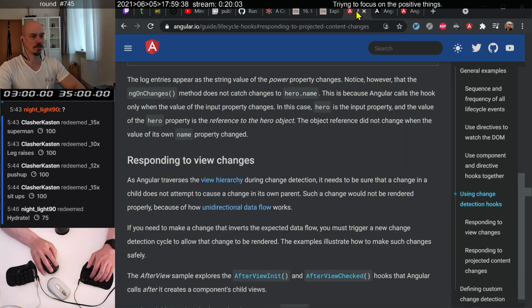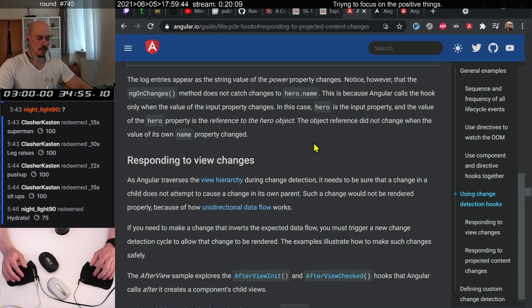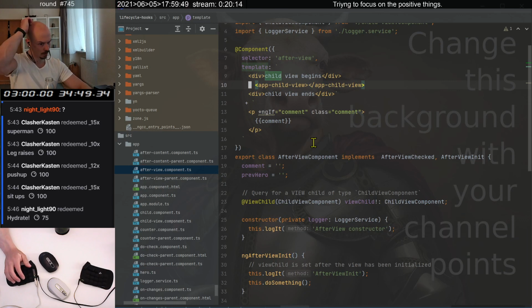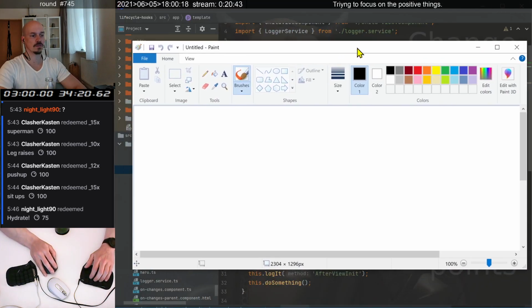So we will continue with the Angular stuff. Yesterday we were doing the after init. The main thing is that we have this, and I want to have some range. Yeah, why not? Exactly. Okay, so